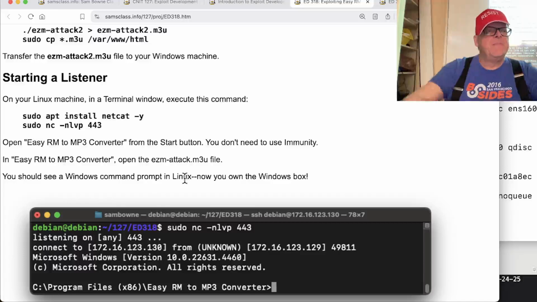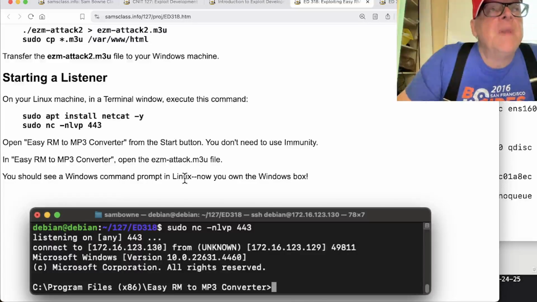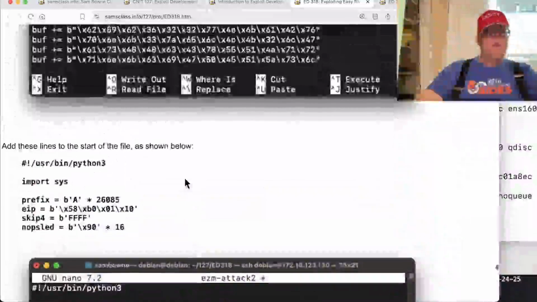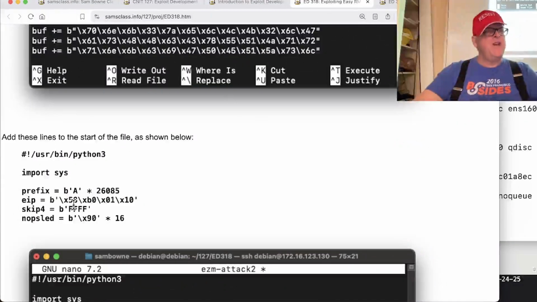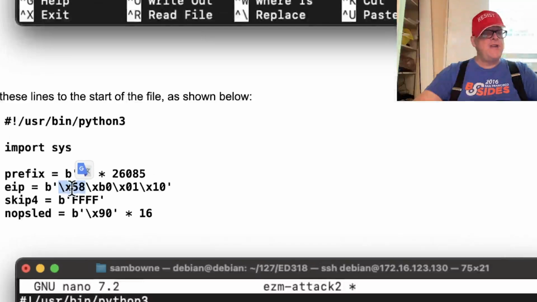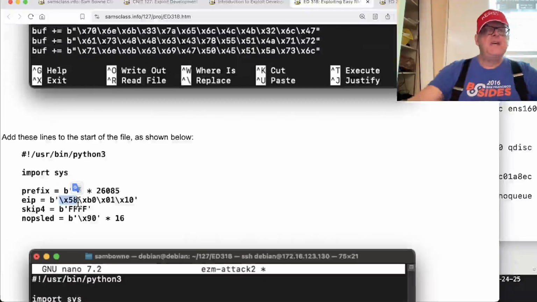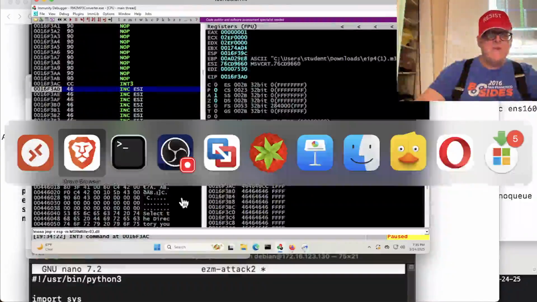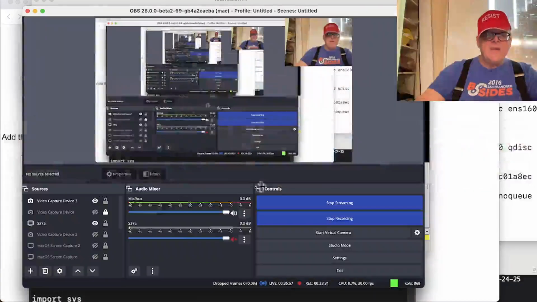int3 was the block, was the stop, the break. Yeah. The problem was I had Python 2 code that used strings here instead of byte arrays, which is what you have to use in Python 3. So it was putting this stuff in literally, instead of interpreting that as the hexadecimal value 58. Okay, good. So I'm going to stop this recording and